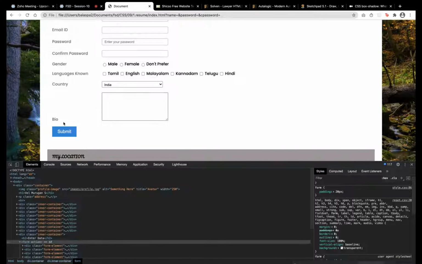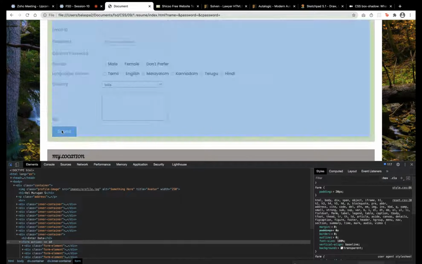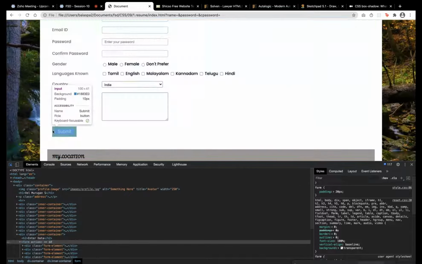I need some space. I want to make it here. I don't want it on the left. I want to make it on the right side. So the width till here is the width of the label. So sorry, 200 pixel width is there for these labels. So I need to add 200 pixel spacing for the submit button.